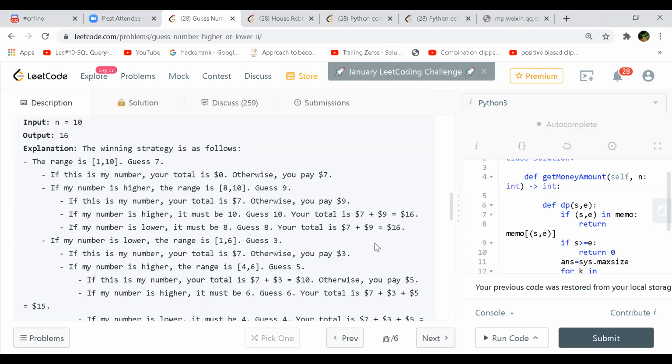the most optimum case is when you start with the number 7, right? So that will give you the maximum optimum penalty. In this case, it is 16, something like that, right? Yeah, 16. So if you look at the explanation they are giving, here the binary search might be too much time complexity. I'm not saying that it won't arrive at a result. It will give you the result, but the time complexity will be slightly higher, right?